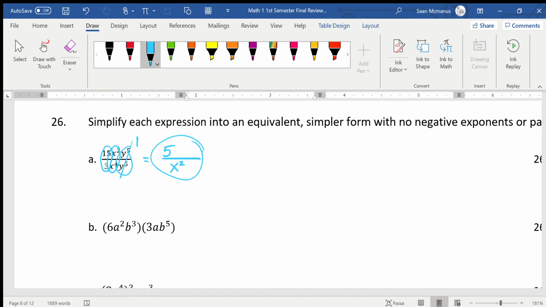And if I think about what the rules look like, it would be 5. And then the x's, I have 2 on top and 4 on the bottom. So, no, you know what? That's going to be too confusing. There's going to be a lot of double negatives and stuff. Let's just stick with this way. All right, 26